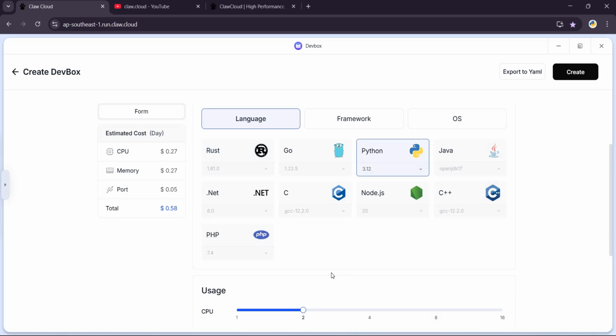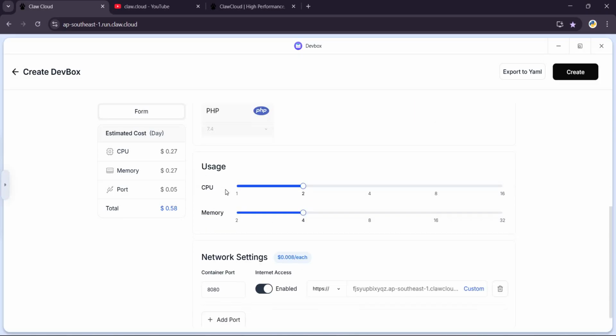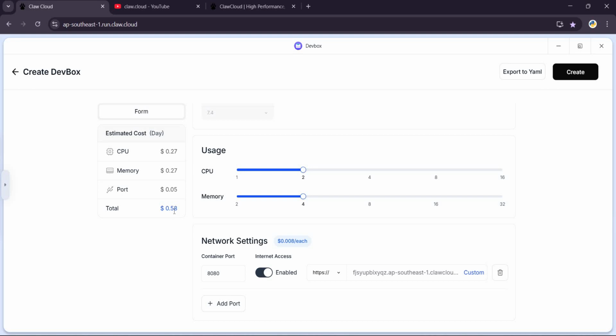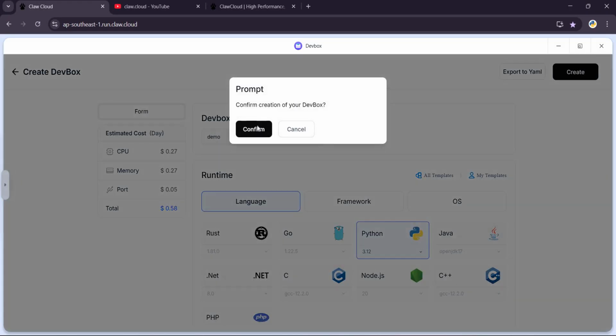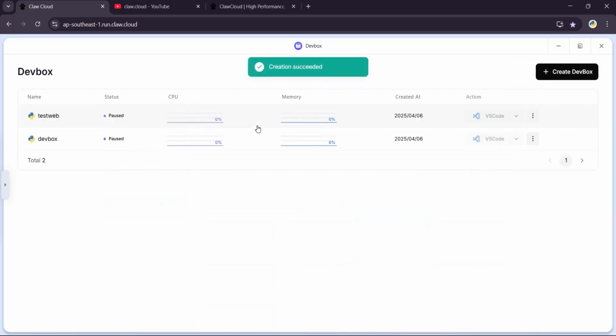So I'll go on Python, okay, and then here you can choose your CPU, what CPU requirements you need and what memory requirements you need. Based on that, it will charge you some money. As you can see, it's just $0.58, okay. So it will cost you approx 40 to 50 or approx 60, okay. So yeah, that is there. So I'll just select Python here and I'll just show you how easily you can launch your Python web app. Okay, so yeah,